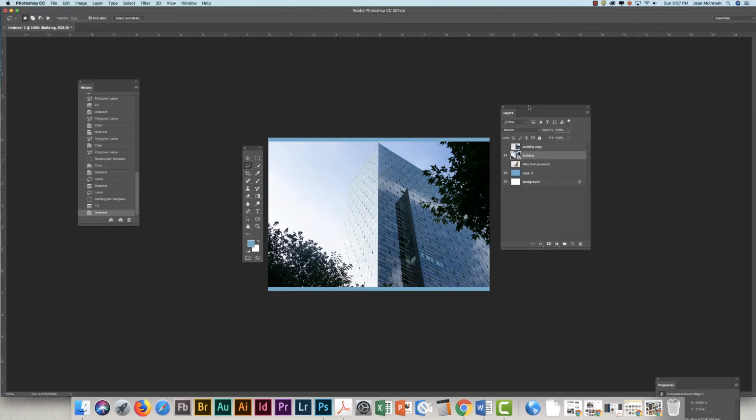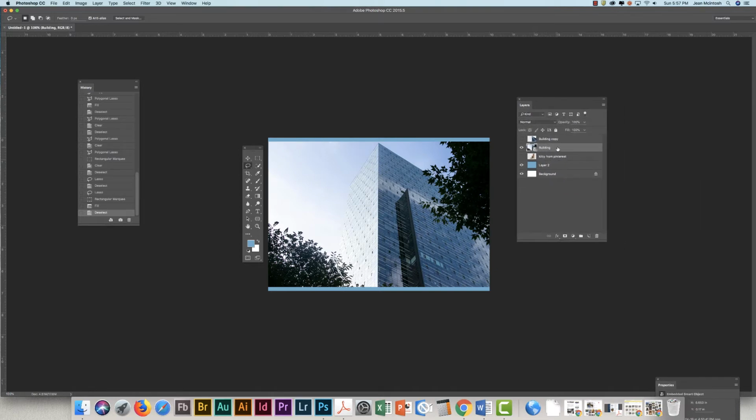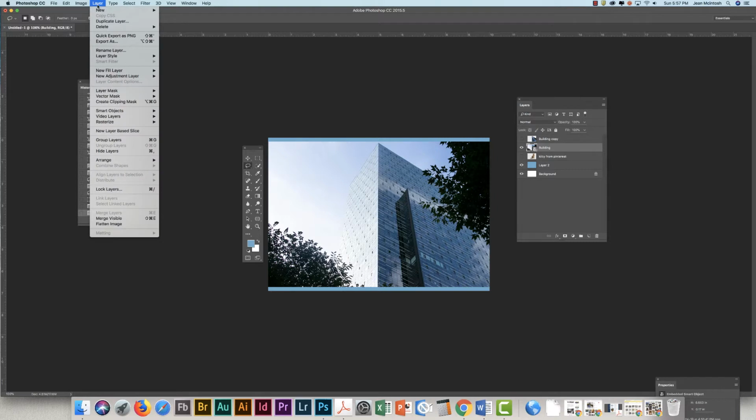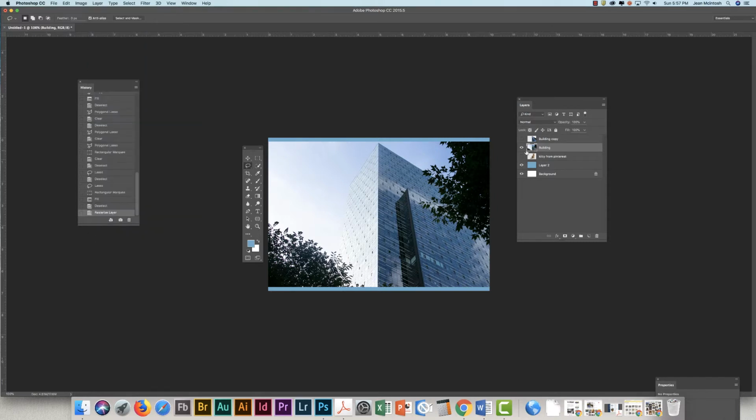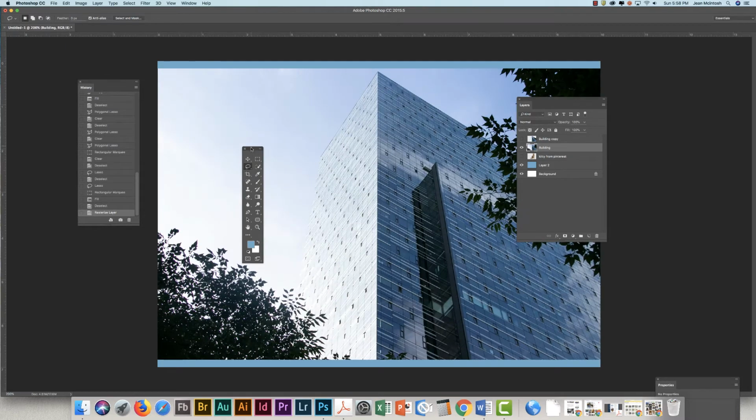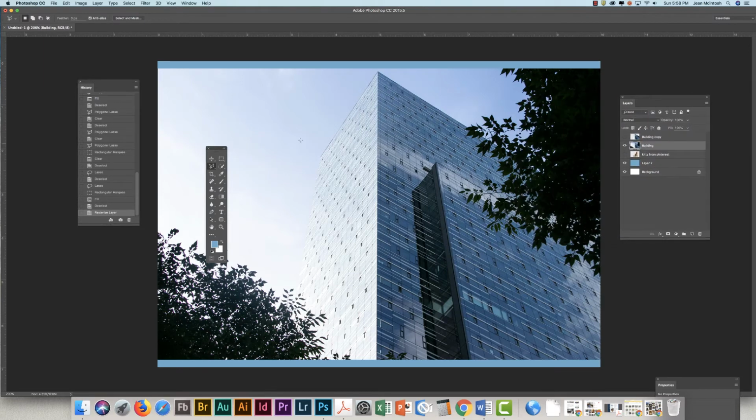First thing is I did get this picture from the web, a free stock site that I've linked to in your assignment posting for this week. And when I brought it in, it was a smart object. So the first thing you have to do is go to your layer menu and rasterize that layer. And then I'm going to grab my Polygonal Lasso tool, move a few things around here,